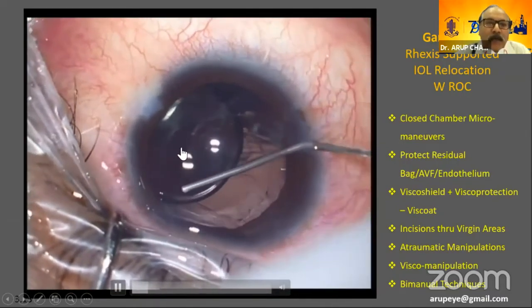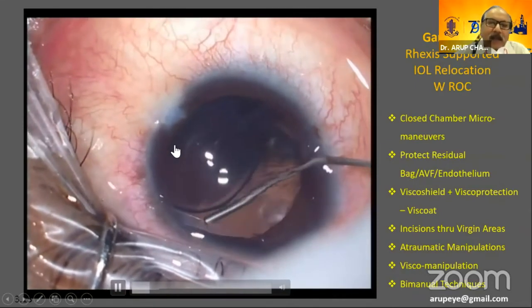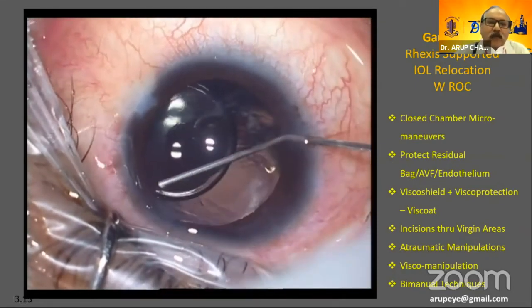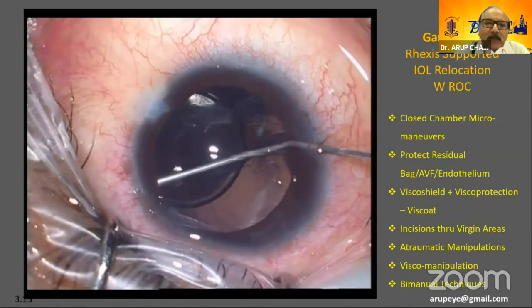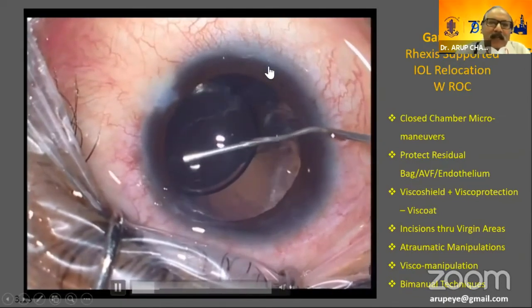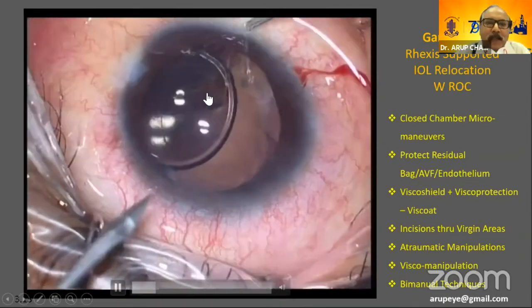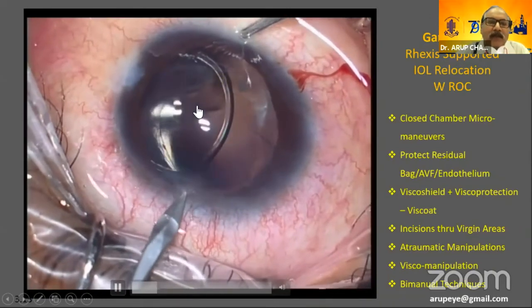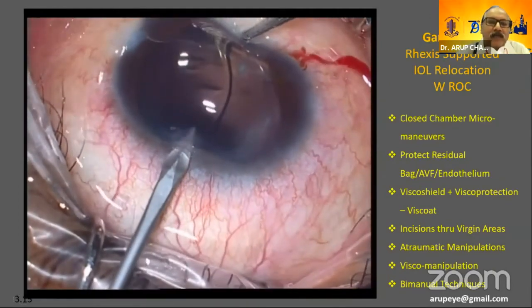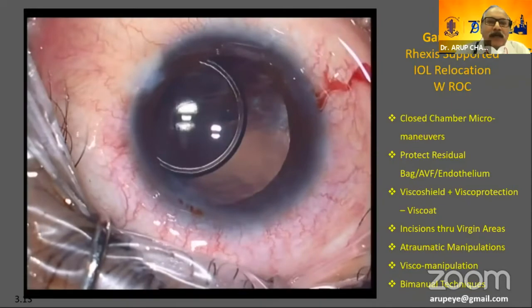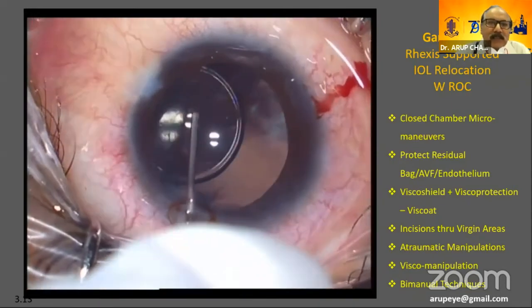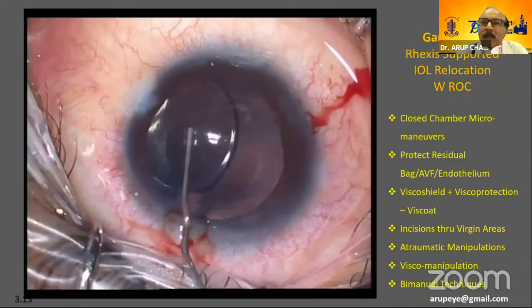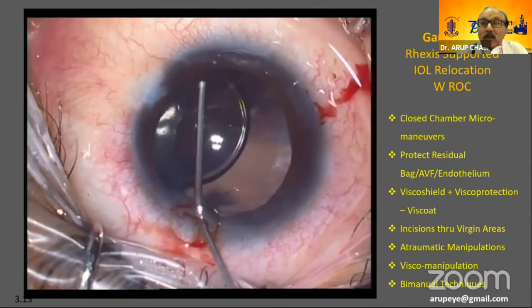And open up the bag, inflate the bag. And my plan here is basically going to be, dial the lens within the capsular bag itself, keep it in a different axis, and obtain a reverse optic capture. So this lens optic will be pushed anteriorly so that it comes in front of the rhexis margin, and the whole capsular bag sort of supports this lens. So this is going to be my game plan, and the visco-protection strategy is going to be very, very